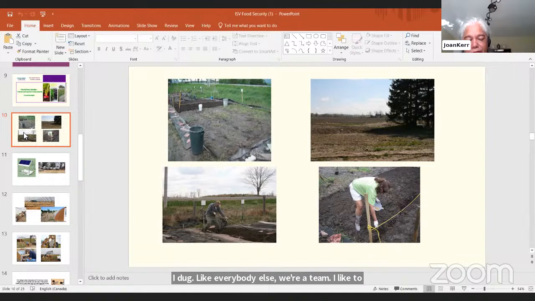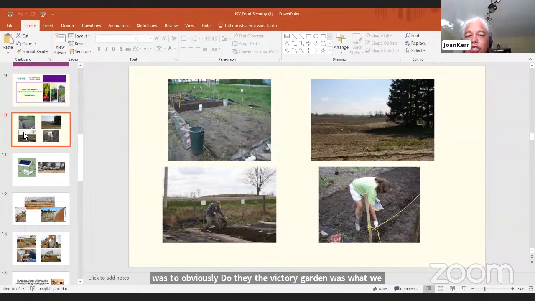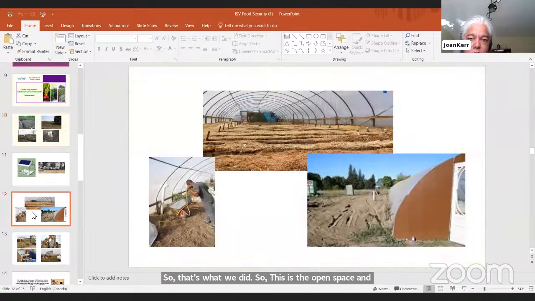And so after the first couple of years, we had to look at what we had, and we had to make some decisions. The Victory Garden was what we wanted to promote. We wanted to promote climate smart agriculture, which is adapting to the climate, and we had to address the water and the electricity and building issues. So that's what we did. So this is the open space, and I hope I'm not going to go over time because I'm trying not to. So one of the things that we did was to build a